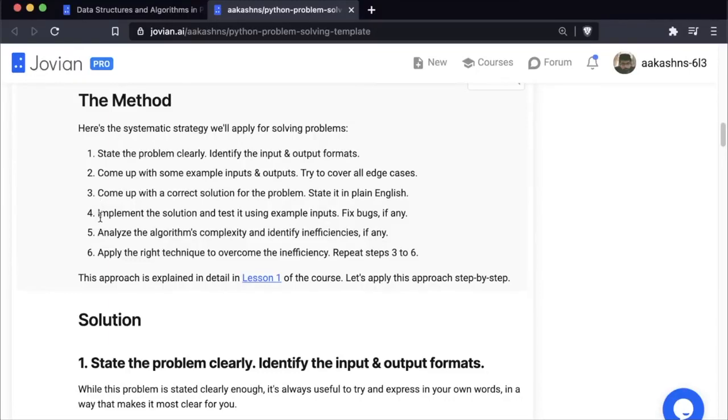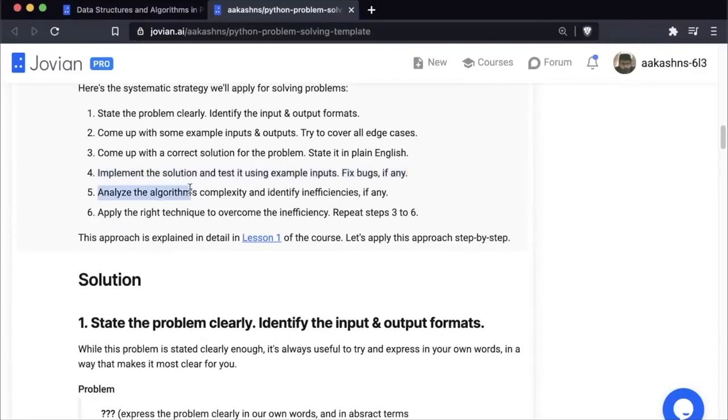This is important while you're practicing, but initially when you come up with a correct solution, it will be a simple solution, what is often called a brute force solution. And in an interview setting, you may not have the time to implement it from scratch, so you may skip it if the brute force solution is too straightforward. Then step 5 is to analyze the algorithm's complexity and identify any inefficiencies in the algorithm. So what you can do in an interview is come up with a correct solution and describe it to the interviewer, and then analyze its complexity directly and start identifying inefficiencies,